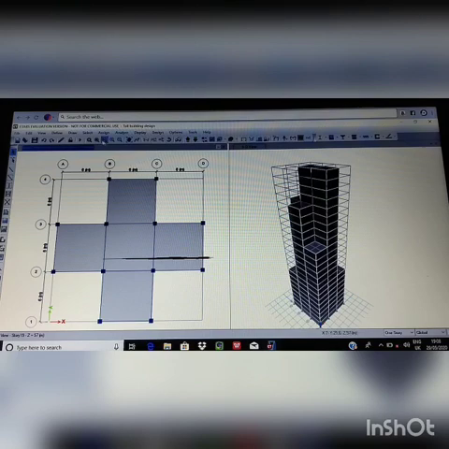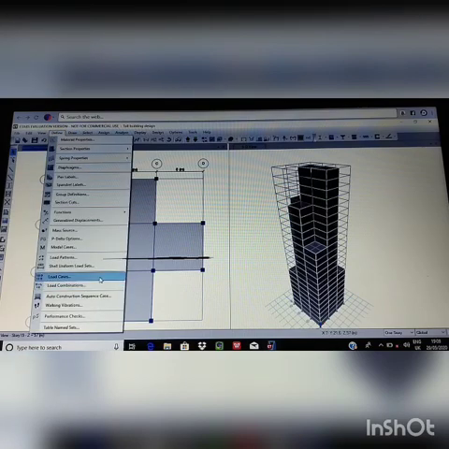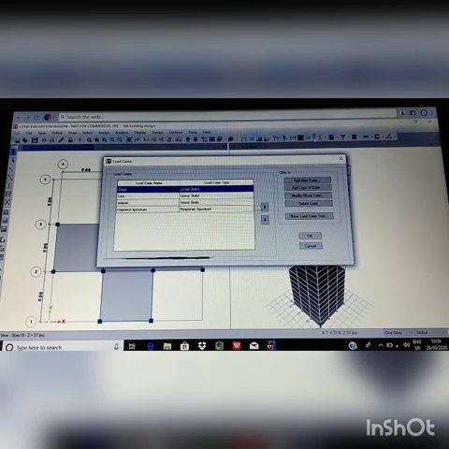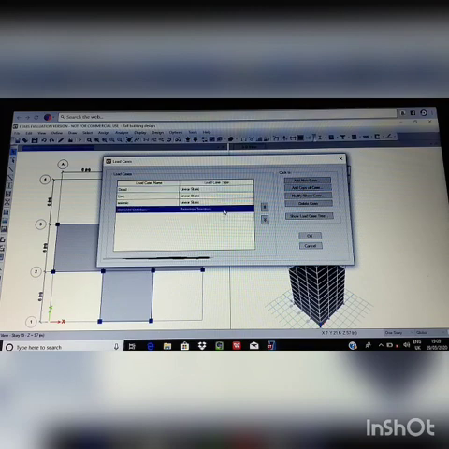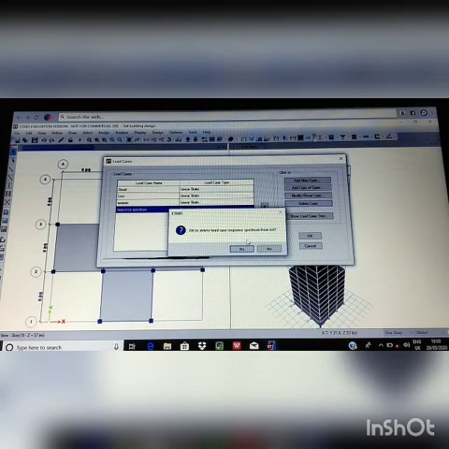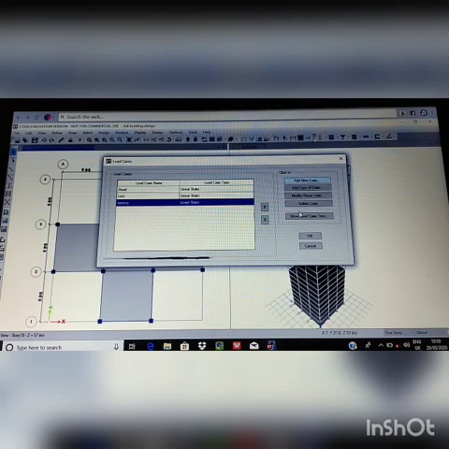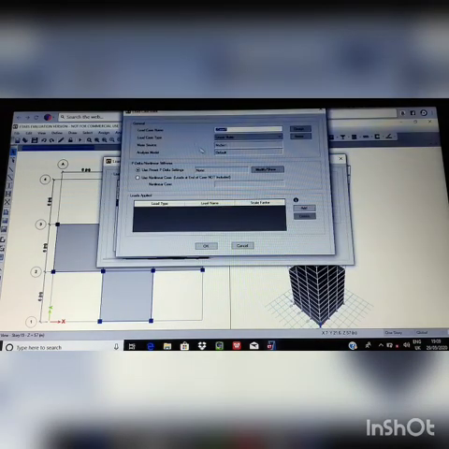Now click on Define. Go to Load Cases. Here delete the response spectrum and add a new case, that is the time history function. Change the name to time history function and the type also.